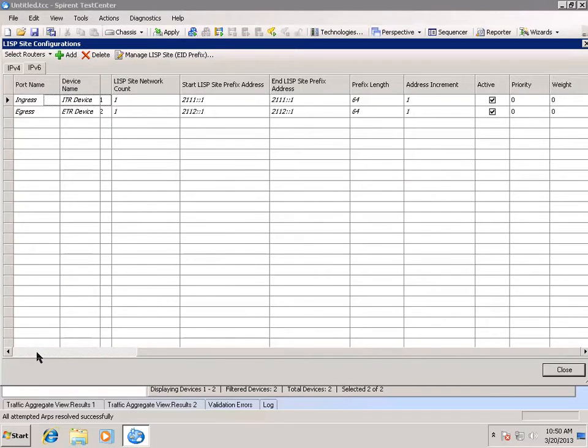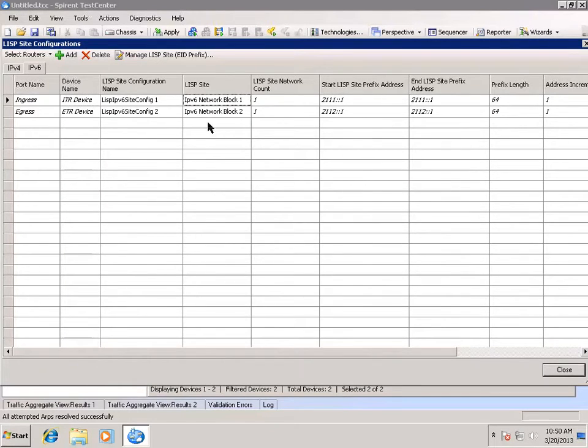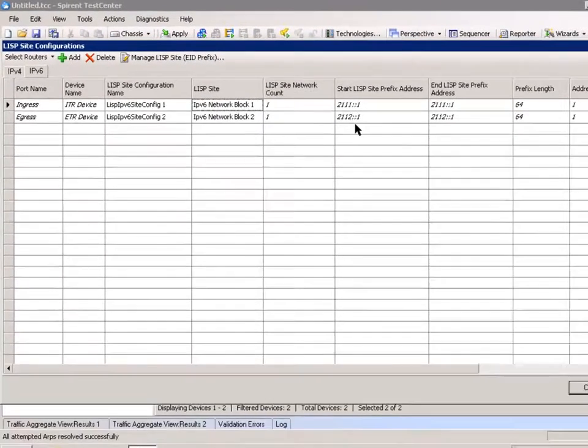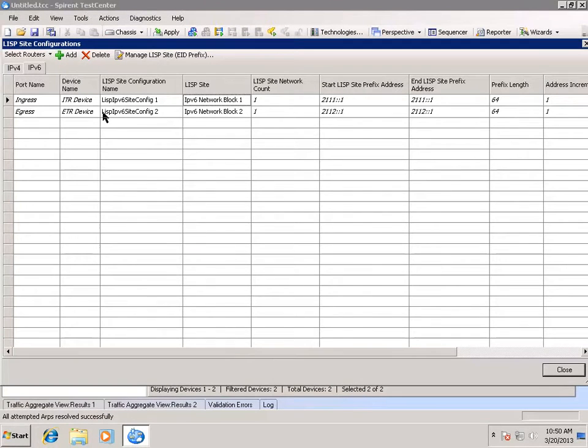which then you can see here under the site configuration. So I've added an IPv6 EID 2.1.1:1 to my ITR device and 2.1.1.2:1 to my ETR device. So when I start my devices, my ETR device will send a register message up to the MS, the map server,